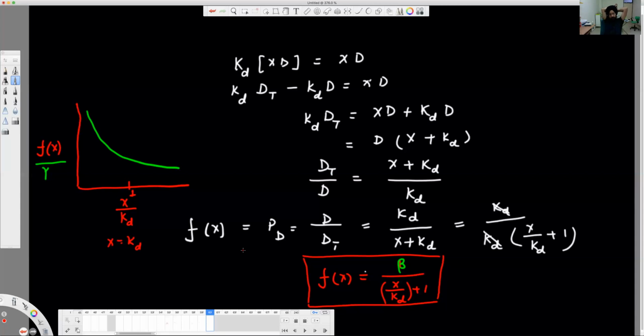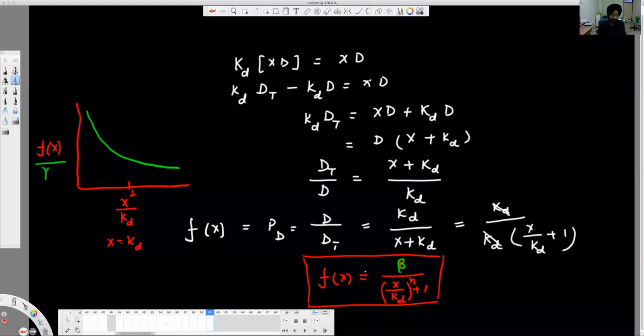But there's one thing that we need to bother about. Let us say that your X molecule is not a monomer, not an isolated single transcription factor, which indeed is the case practically. You generally have dimers, trimers, or tetramers of transcription factors. The same transcription factor, multiple monomers, come together and make a complex which will function as an activator or repressor. So how do we take care of the multimeric transcription factor or repressor? We just need to do one thing: we put n here, x by Kd raised to the power n, where n is the number of monomers.